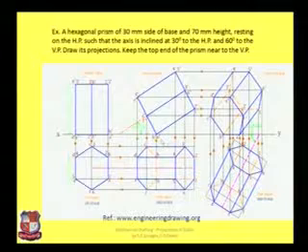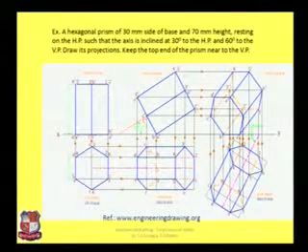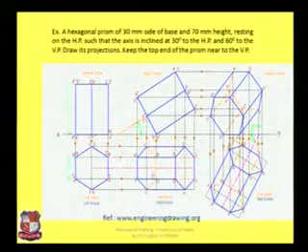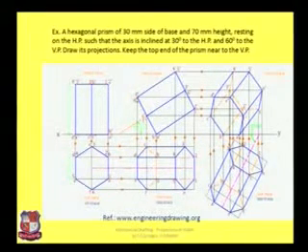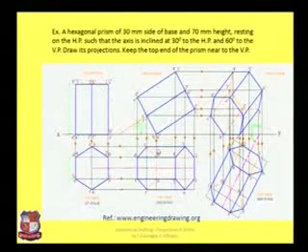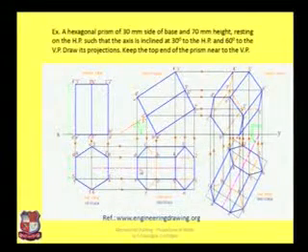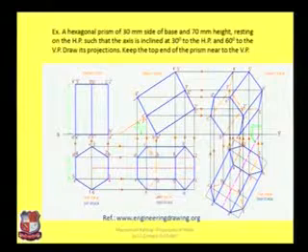Now think about this bottom face. Here another hexagonal bottom face is there which is lying over here. To take projections of this bottom face, again do the similar exercise. Vertical lines from all these points a dash, b dash, c dash and d dash, and horizontal lines from a, b, c and d, and join these points with a straight line.